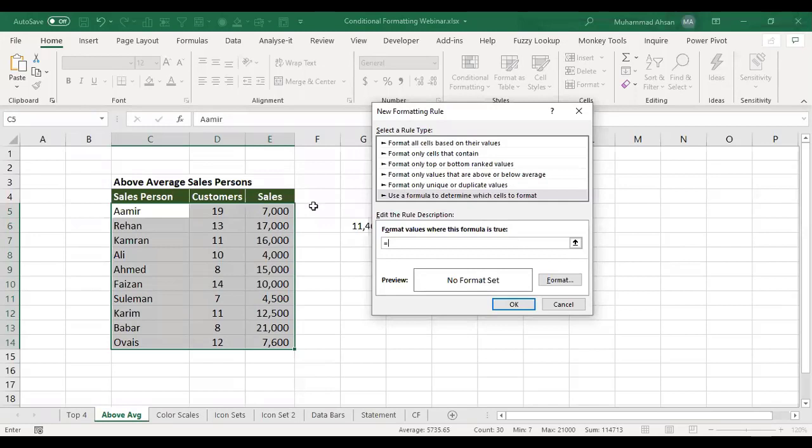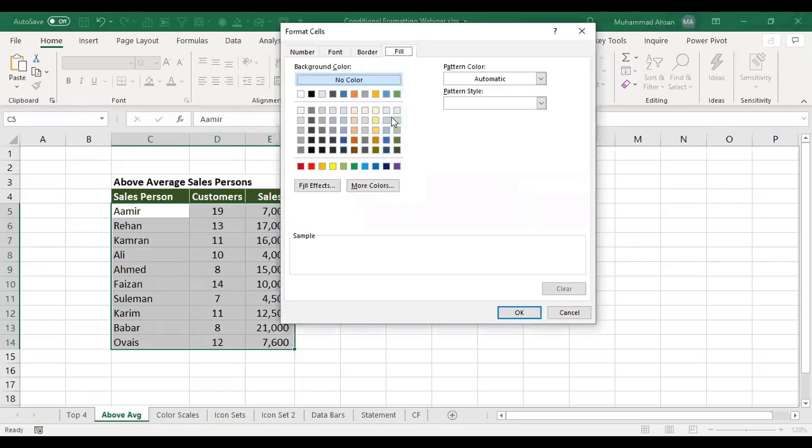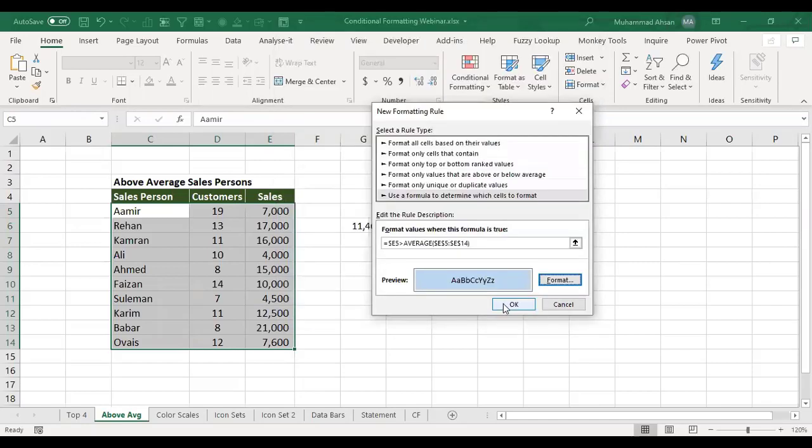So for doing that, we start from the first sales amount, which is of Amir, from row number 5, which is in E5. So we are saying if E5 is greater than the average of the entire sales column, and this logical test is successful, then whatever we apply in the formatting area gets highlighted.